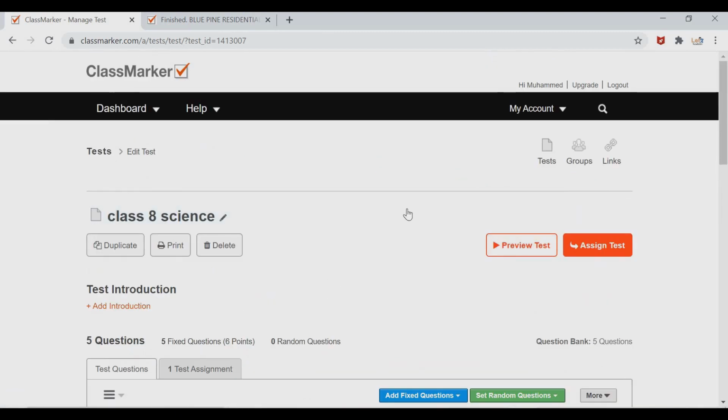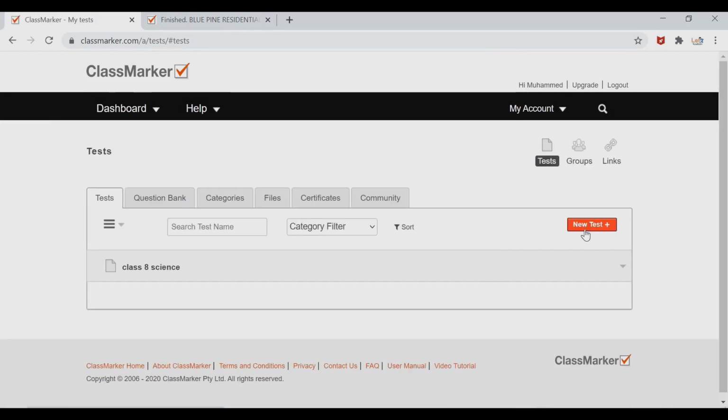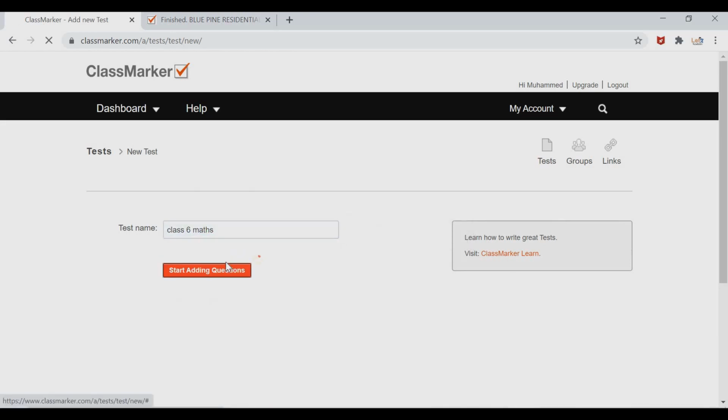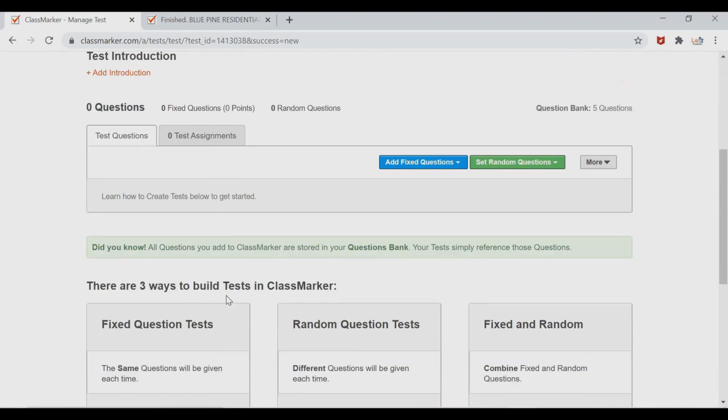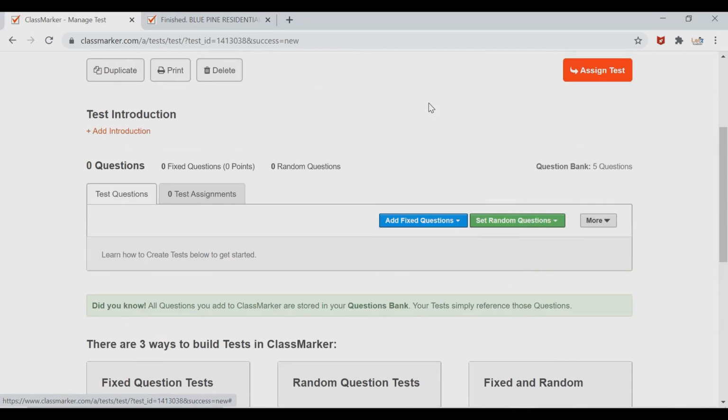And if you want to start a new test, click on this option, new test. You can make another test. Okay, second test, then you can start adding the questions, which we learned in the case of the first one.